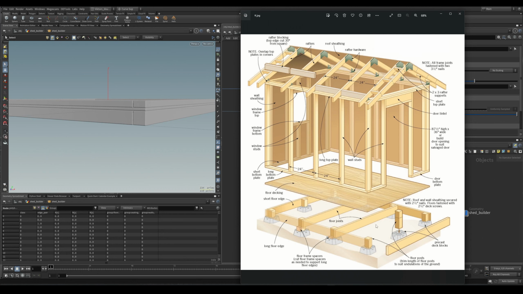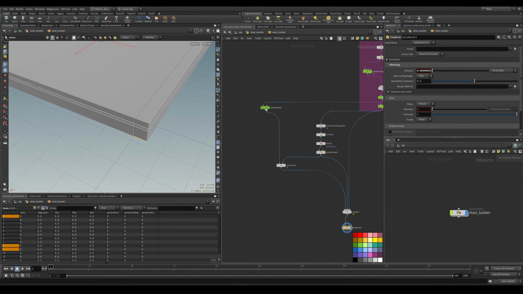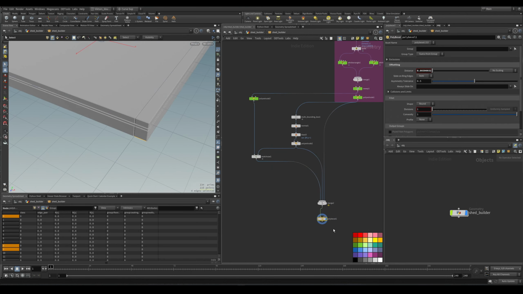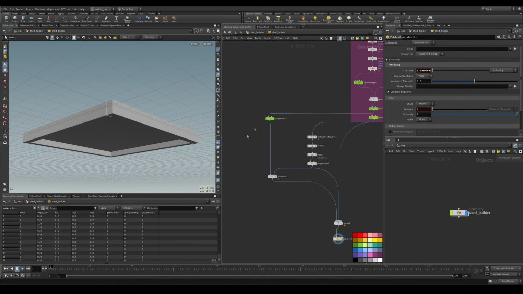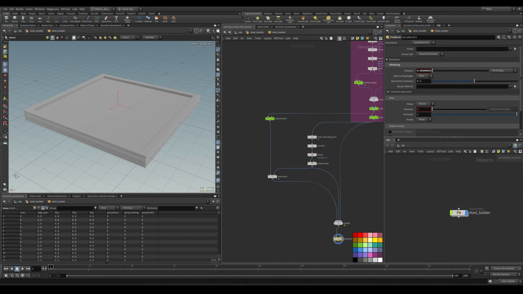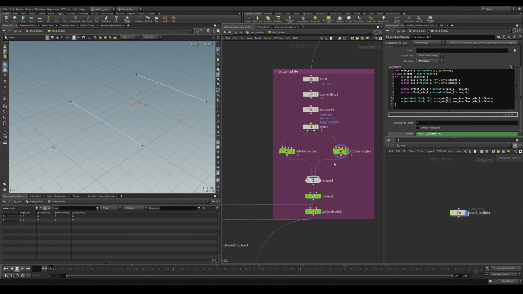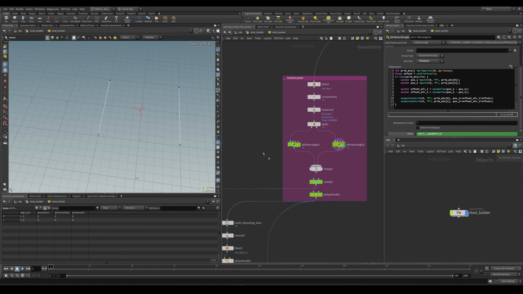So this is where we're actually going to start creating our own HDAs for us to start making some of these more intricate pieces, because we're going to use this HDA in many places. It makes sense for us not to repeat the same network and just create the HDA from it. So let's get started. For our floor joints, what we're going to do is use these two polylines, actually just one of them, as a base for our sweep node to create